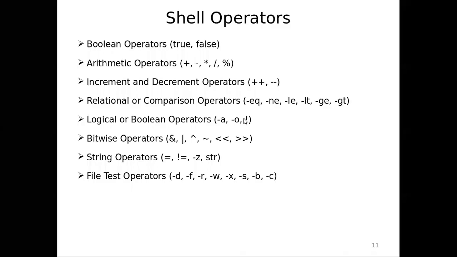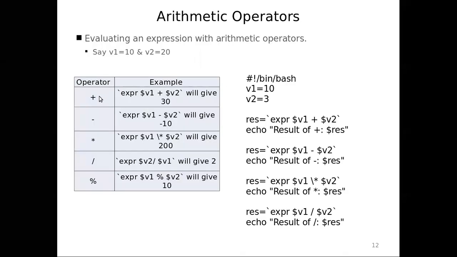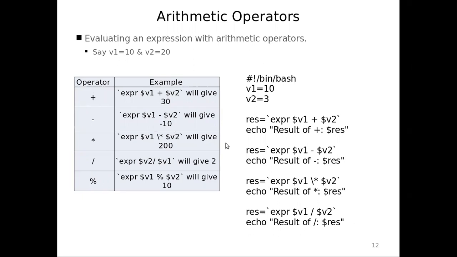So let us check in the slides and we'll see the next one. So plus, minus, multiplication, division are the arithmetic operators, and you see how you will do this. This is not only with expression, you can also do it with let and the double parenthesis method. But most people will use expression, and it is a generic thing. So I am going to use only expression in all of the shell scripting. If you don't want to use expression, you can replace it with let and double parenthesis, which we have seen in the previous session. So that's what you can check. So that is the arithmetic operator.